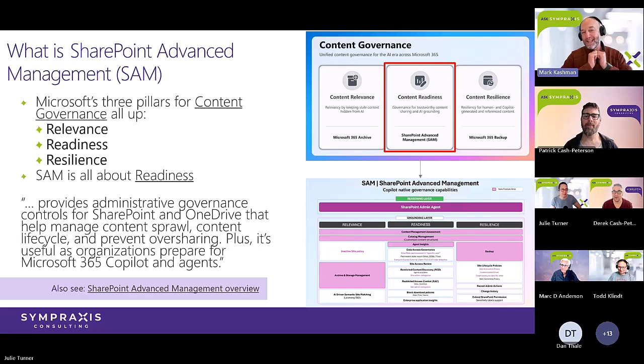But think about when things get out of control with content sprawl, and remember, content can be a lot of things. Actual files, sites, lists, libraries, and people. What are people doing in all of these places? And it's a foundational element to help prepare for Copilot. So when you see people put on sessions, getting your environment ready for Copilot, SAM is a big part of that when it comes to the SharePoint ecosystem.